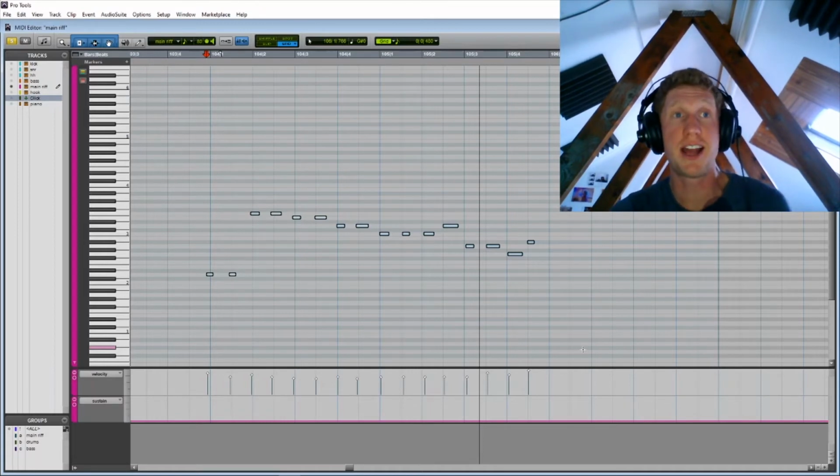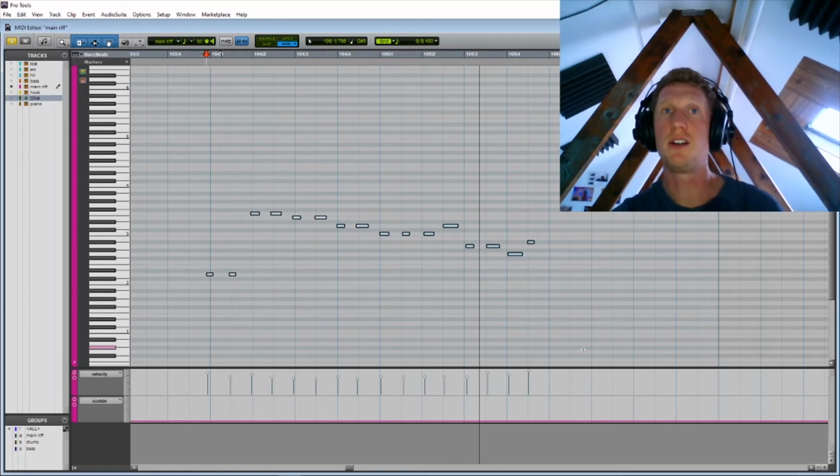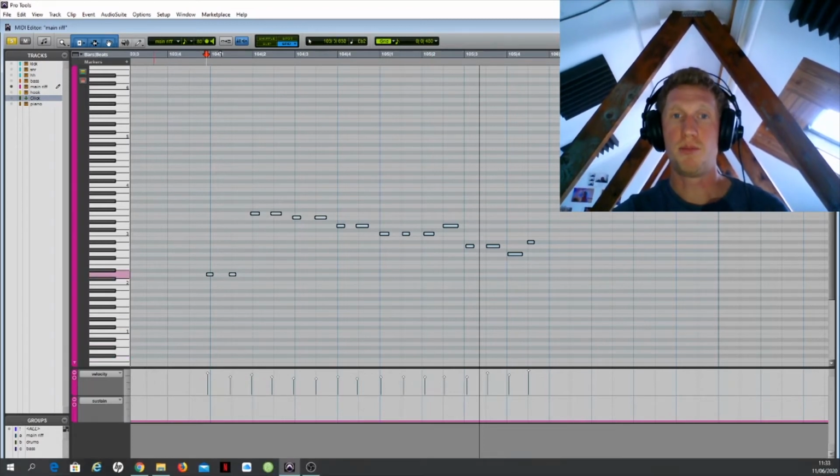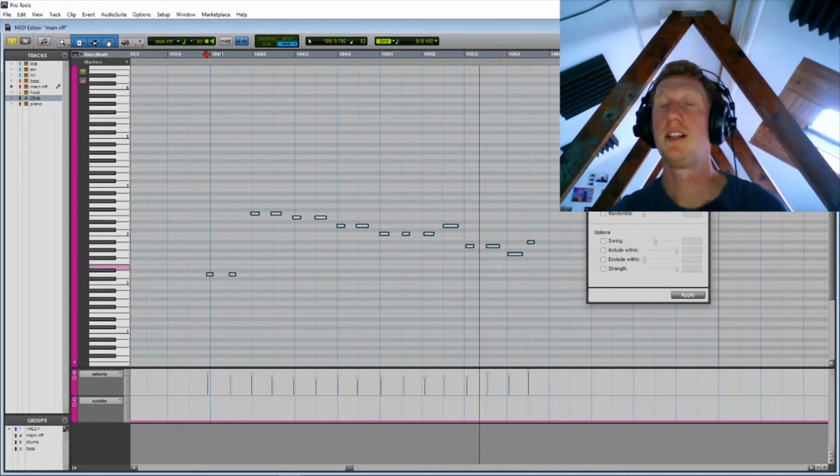All you've got to do, if you don't know how, is just Google it. If you're using Logic, how do I quantize MIDI in Logic? If you're using Ableton, how do I quantize in Ableton? In Pro Tools, because I've been using it a long time, I know Alt and 0 brings up this quantize window. Now, as long as I've got all these MIDI events selected,